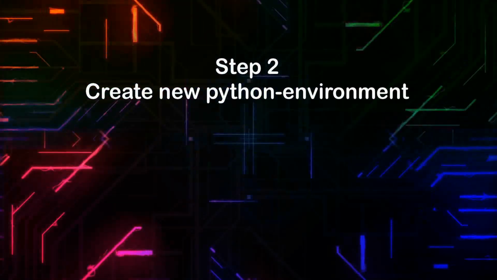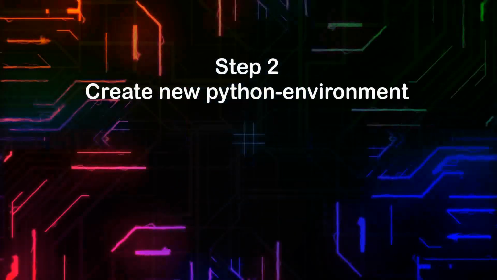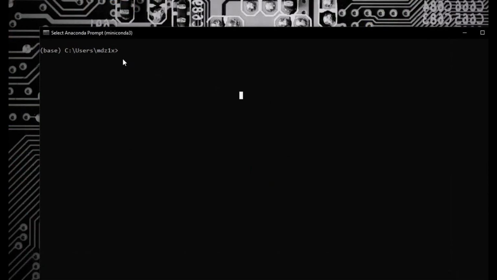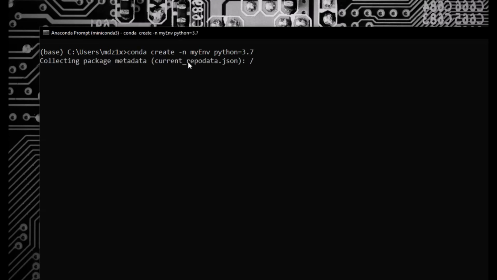So the second step will be to create a new Python environment, because now we are in the base environment, now we have to create a new environment. For that this is the command: conda create -n is for creating a new environment, and this is the name we are going to give to it, so you can name it as you want. And the Python version we'll be using here is 3.7. So the command we have to put like this, and then we'll press enter. So now the new environment will be created,